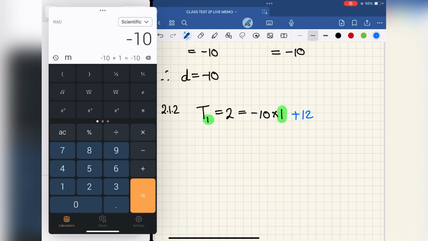That gives me -10, but that's not equal to 2. So what must I do to this answer to get to 2? And you can play around and say, okay, maybe if I add 9, no. Okay, so then you say, if I say -10 plus 11 is 1, so no. But if I say -10 plus 12,